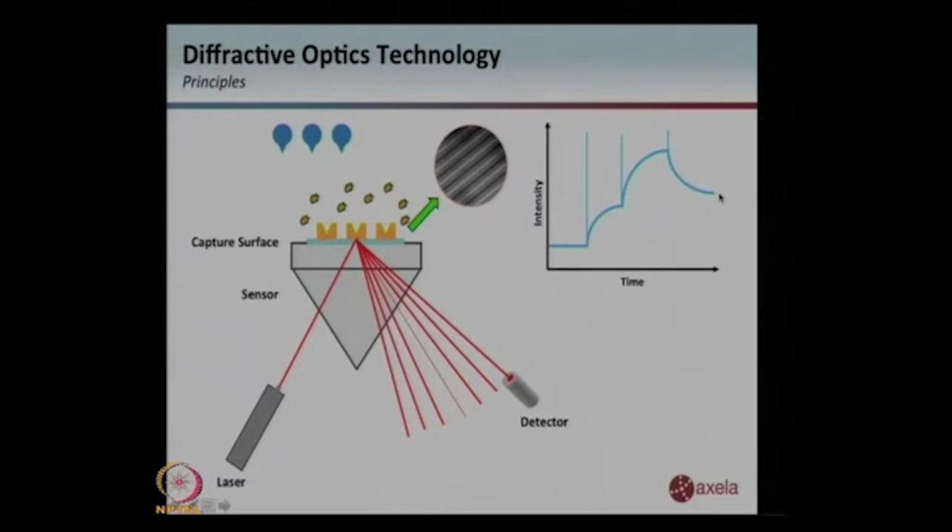So I think this is very similar to what we taught in the previous class on the surface plasmon resonance methods. The same way, we have the baseline here, and we are measuring time versus intensity on the X and Y axis. Then we will have an on rate, we will have an off rate. Depending on the interaction, how strong or weak it is, one can compute the values for the on rate, off rate, and the kinetics of it. So it's very similar to surface plasmon, and in fact, a lot of the principles are similar,